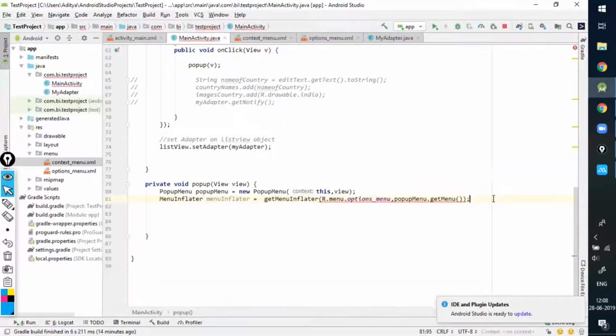Let's try that one. Just hold on, guys. Let's try with PopupMenu only. And there is an inflate function in this as well. So let's use this. R.menu.context_menu. Now it's working.